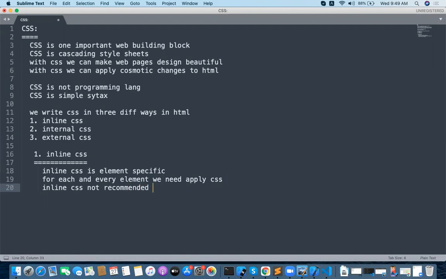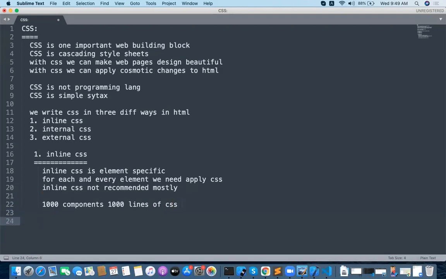For a complete application we need not write inline CSS for each and every tag. For example, if I have 1,000 components in my HTML, I need to write 1,000 lines of CSS. So this is not recommended in a real-time application.